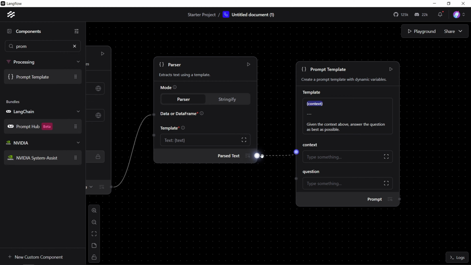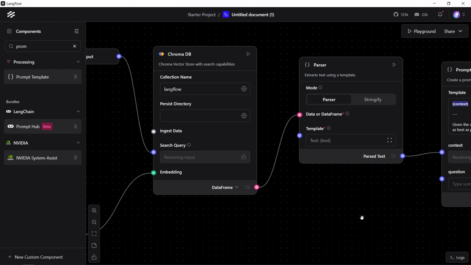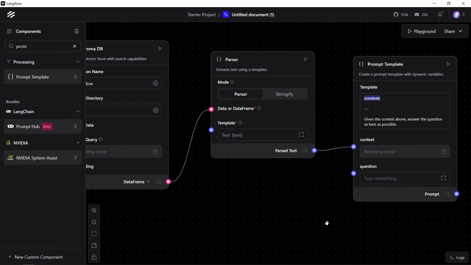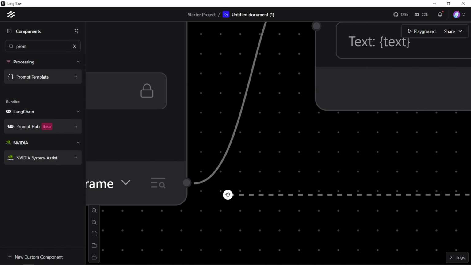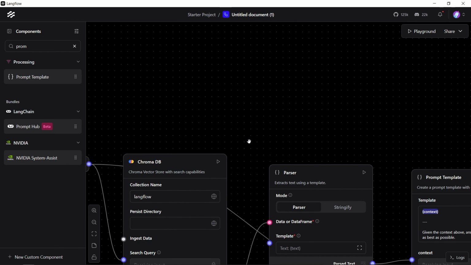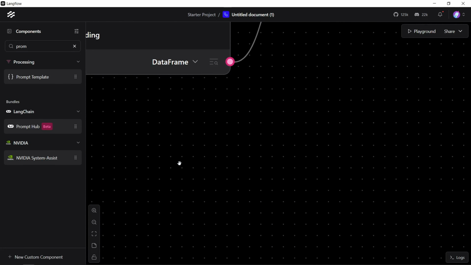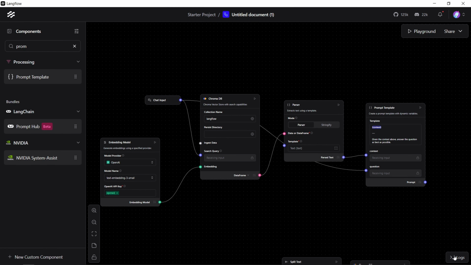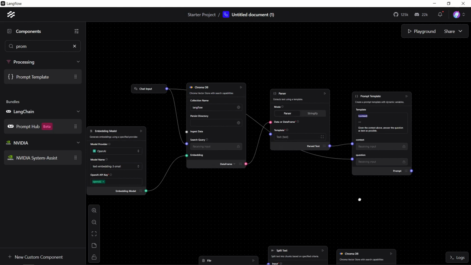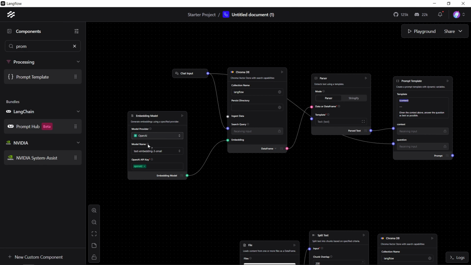First off, our context is going to be the passed text coming from our ChromaDB. Then our question is going to be our chat input. Let me just show you what we did here. We took our question from our chat, and just make sure that works properly, and passed the question down to our chat output. At this point, we have the chat input, we have our vector store, we have our embedding model,